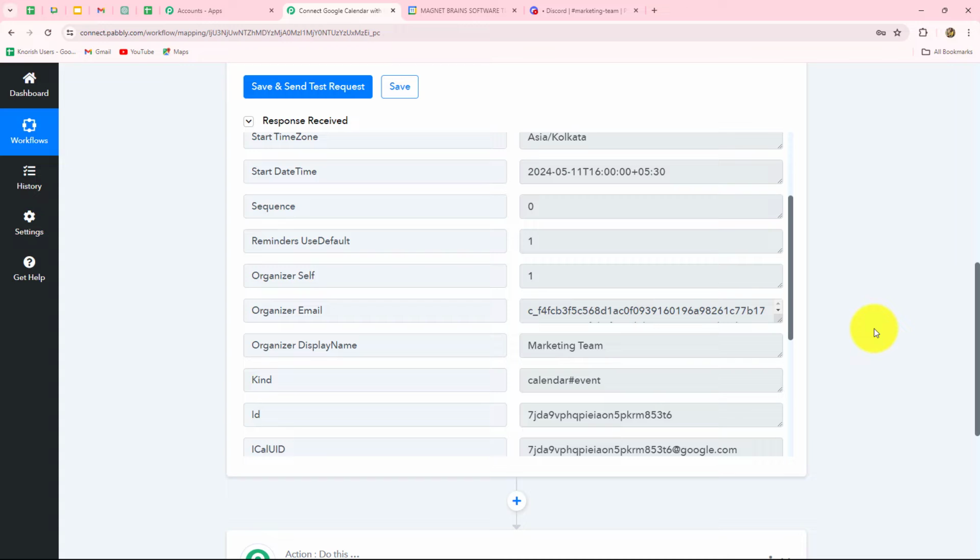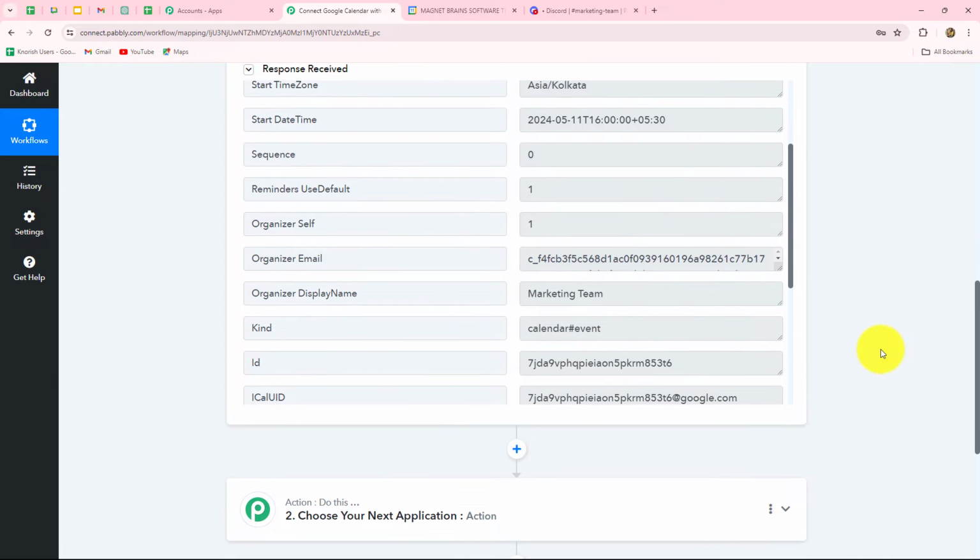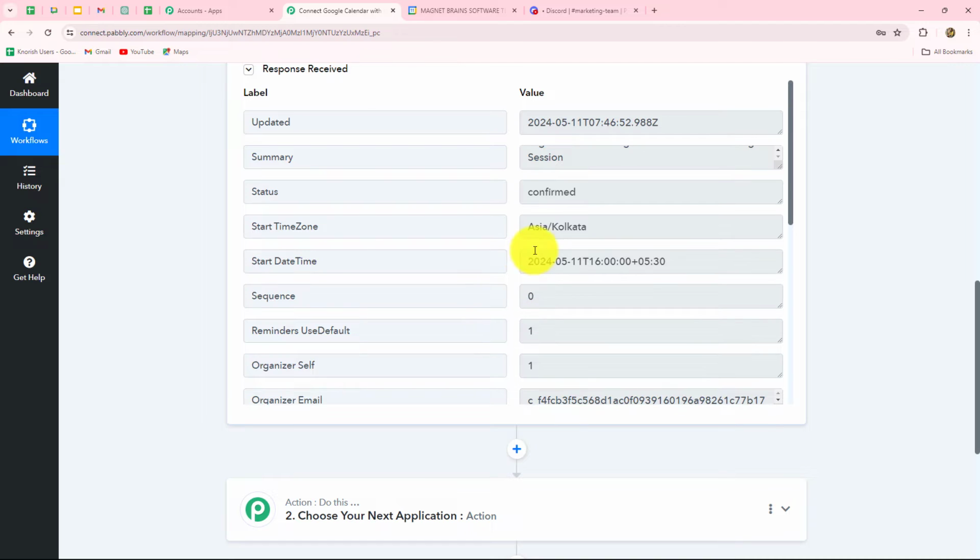this meeting on Discord channel. But we do not want to send the reminder instantly. We want to send it before 30 minutes of the actual time of meeting. So what we are going to do, we will first have to subtract 30 minutes from the actual time. So this is the actual time of the meeting. We have to subtract 30 minutes from this so that we can send the reminder